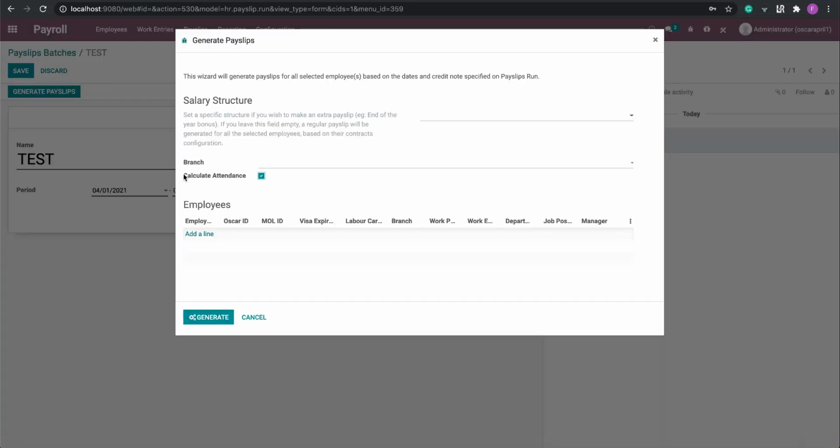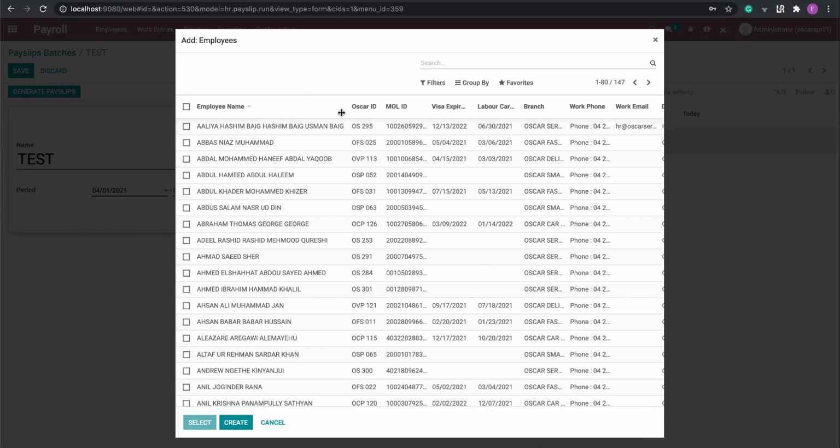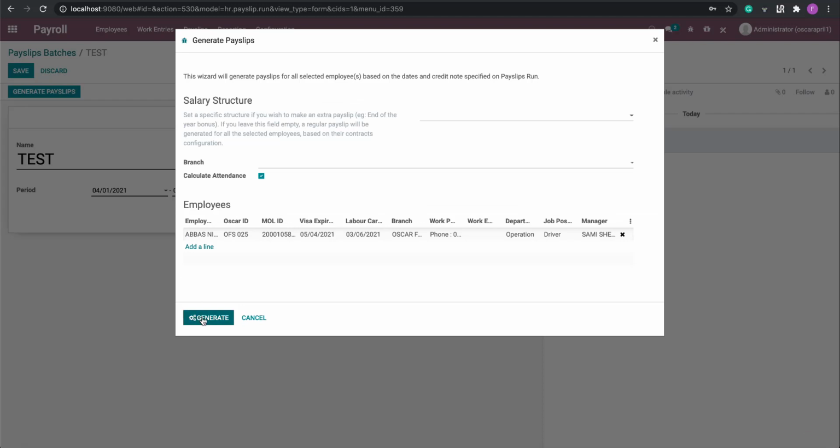If I want to calculate the distribution of analytic, the attendance, the absenteeism, the overtime, and all this stuff, I need to check calculate attendance, then I need to add the employee. The employee that I have attendance for is Abbas Niaz Muhammad. I think he's the second one, yes. So I will click on